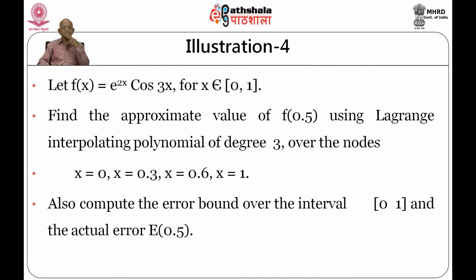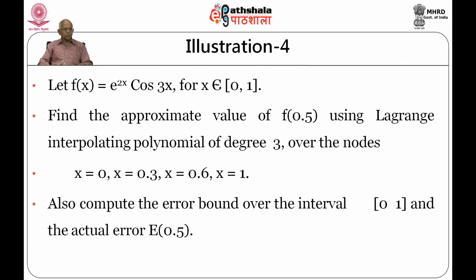So, we may illustrate this by taking an illustration. Let f(x) equal e raised to 2x into cos 3x for x belonging to 0 to 1. I want to consider this and find the approximate value of f at 0.5 using Lagrange interpolating polynomial of degree 3 over the nodes. We are given nodes x equal to 0, 0.3, 0.6 and 1. So, you have got 4 nodes and a third degree Lagrange polynomial we are trying to find out,